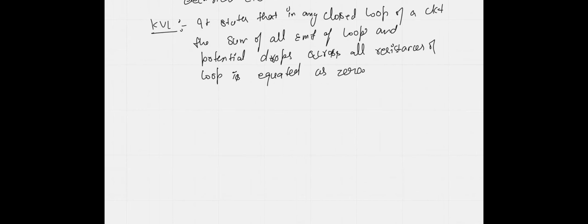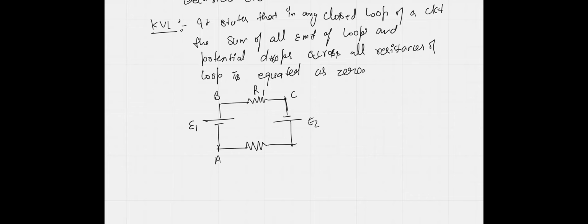So assume, Kirtana, I'll be making one circuit. This is R1. This is E1, the EMF. I said all the EMF and all the potential drop across a resistance, if you go in a loop, result in zero. This is R2. Okay, so I'll just mark some points. This is point A, this is B, this is supposed to be C, and this is supposed to be D. Right. So with this loop, what it says is that in a closed loop,